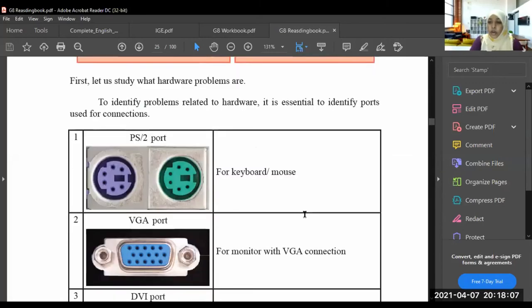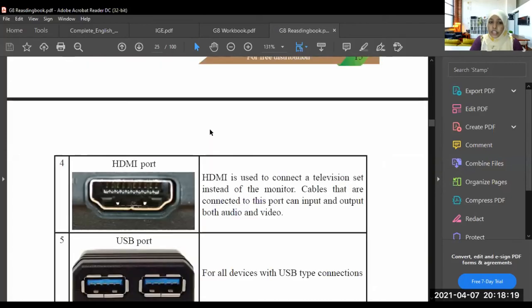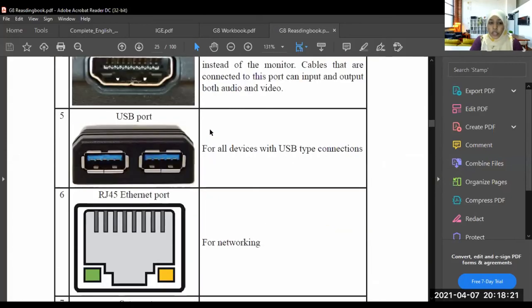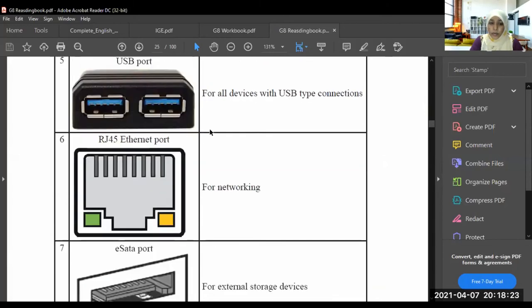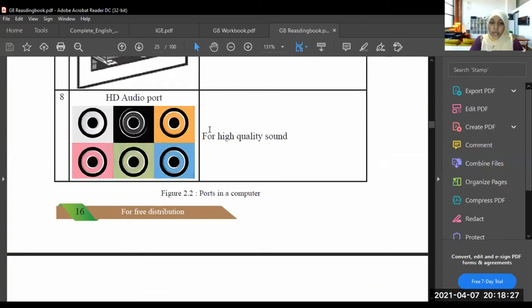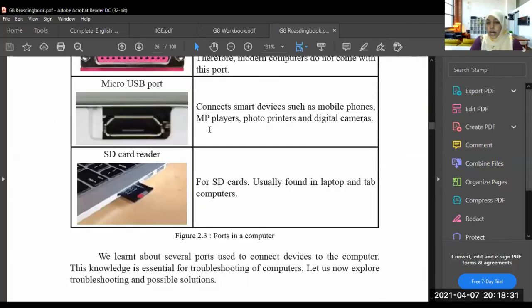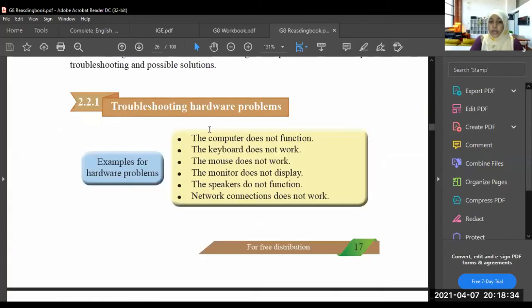Then before learning how to troubleshoot the problems, we learned the ports of the computer: the PS2 port, the VGA port, the DVI port, the HDMI port, USB port, RJ45 Ethernet port, eSATA port, HD audio port, parallel port, micro USB port, and SD card reader.